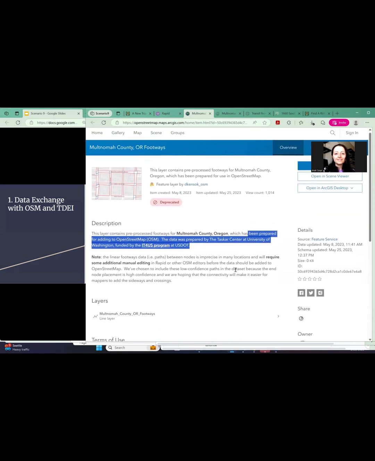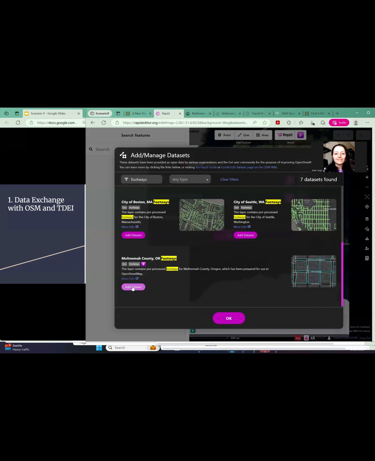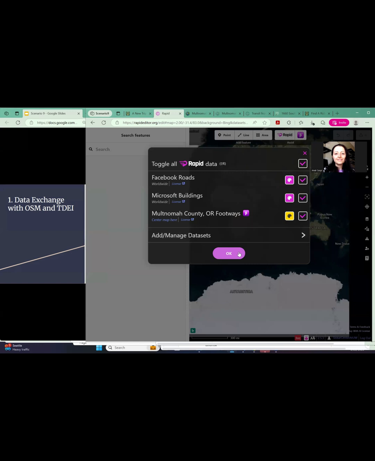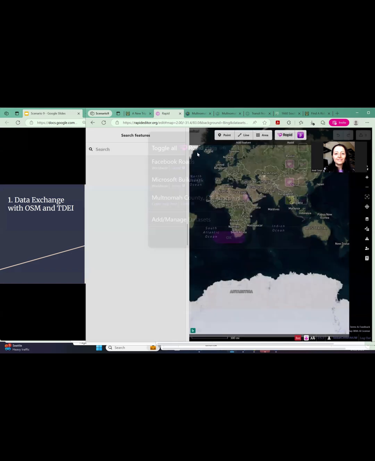So right now, this is the data set that they are vetting, but we've also entered all 6 counties. So you'll be able to see that when I choose to add that data set and say, okay, it is now part of the data that I'll be able to assess. So let's go ahead and go to Portland, Oregon.